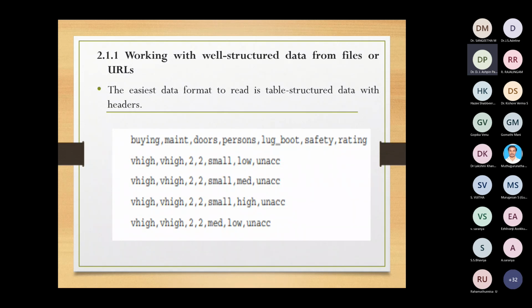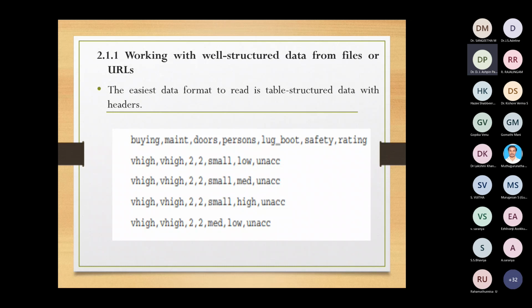Here you see this data. It is arranged in rows and columns. Here, the first row gives the column names: buying, maintenance, doors, persons. All these are column names, and each column represents a different fact. For example, the buying column gives information about the buying price. Then it gives the fact or measurement about that column. And each row represents an instance, or the datum, about which we know the set of facts.